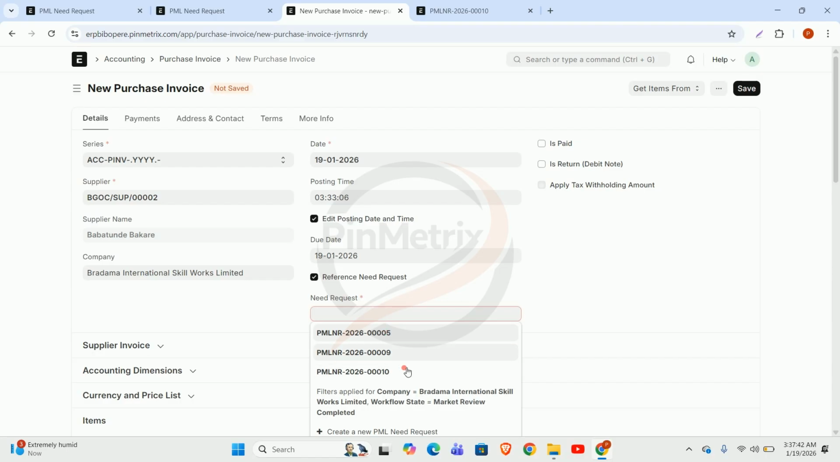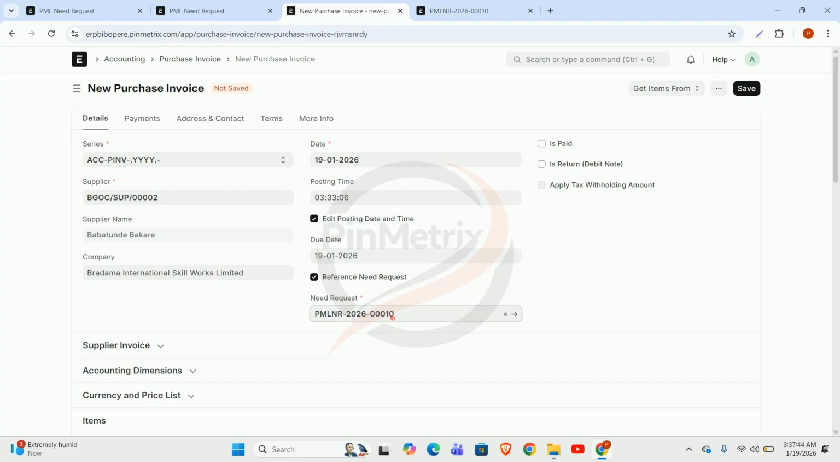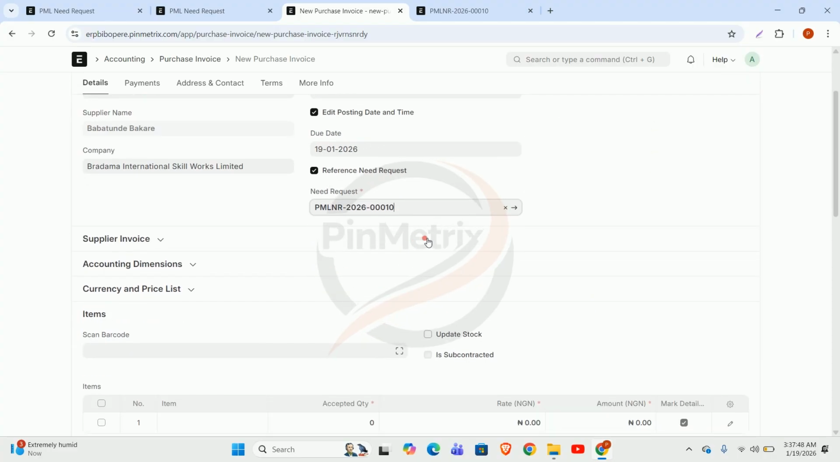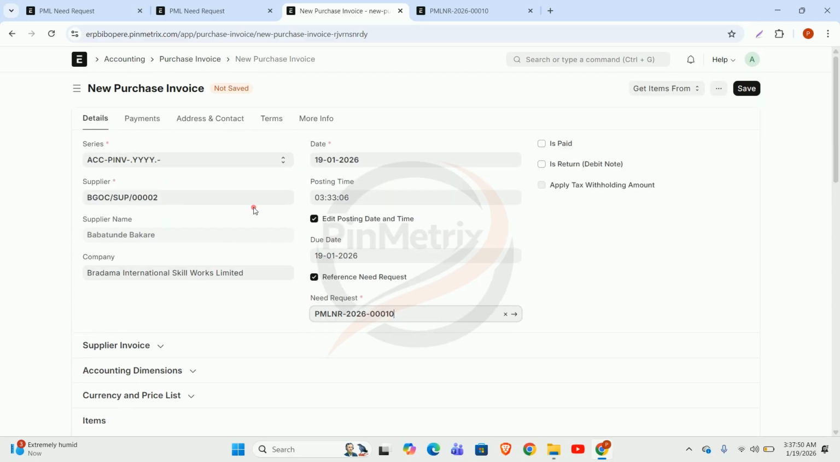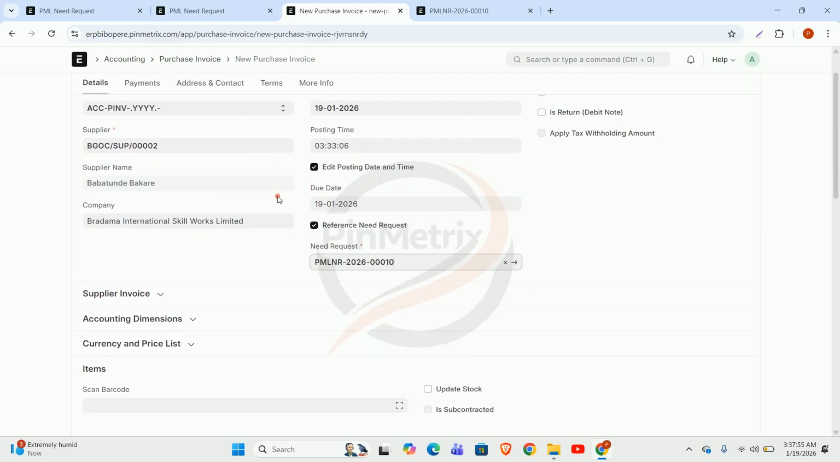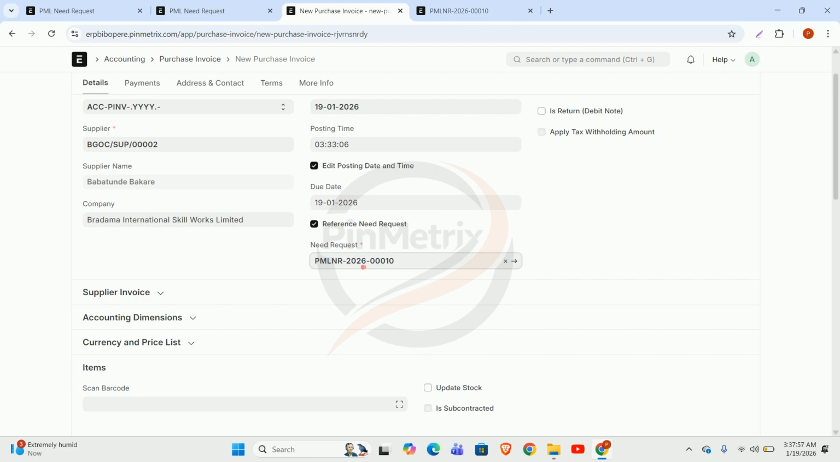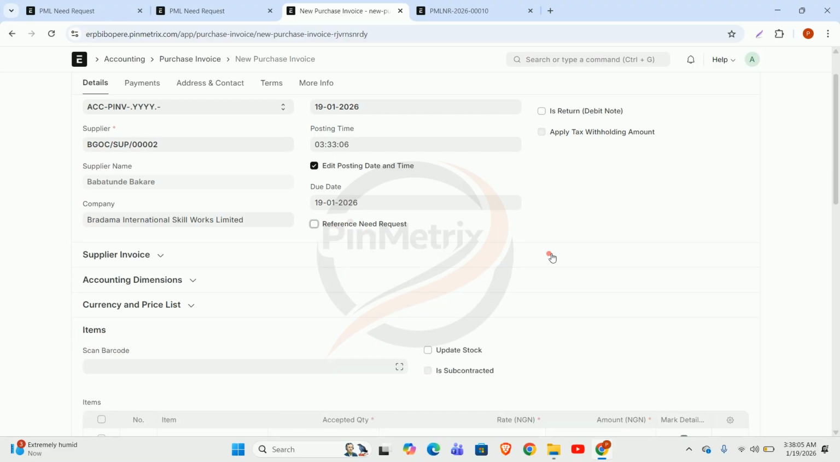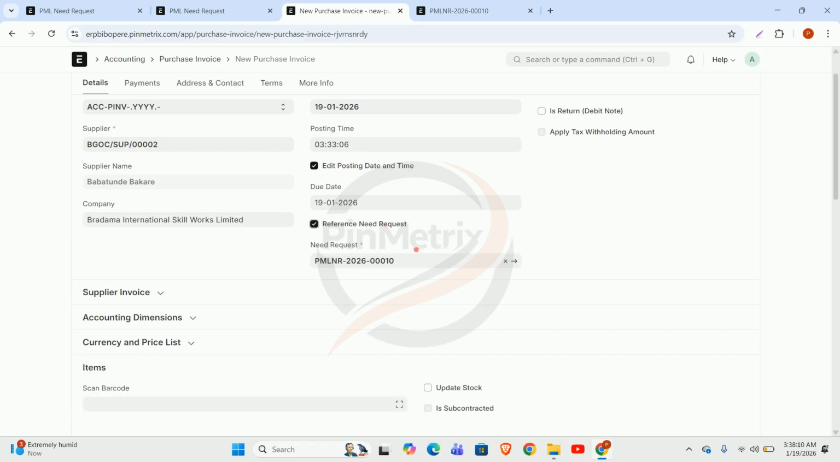So I can just say, okay, this is for this need request that was raised and that has been approved, and all that. So I just click that. I'll click this. This is purchase invoice. We are raising a purchase invoice. If I don't want to attach a need request, or there was no need request, of course it's not compulsory to attach a need request on the document. If I untick it like this, it means that I'm not going to attach a need request to it. If I tick it back now,